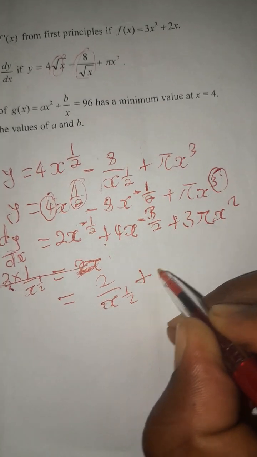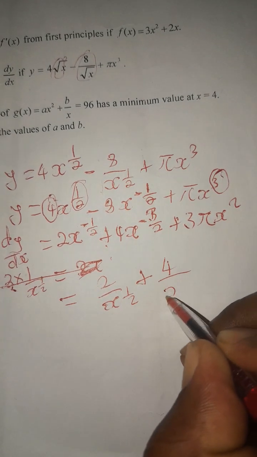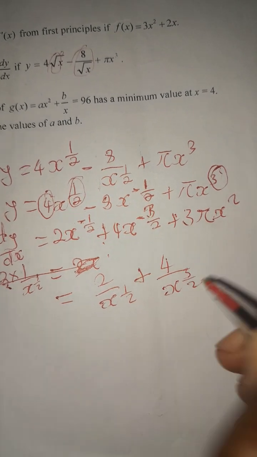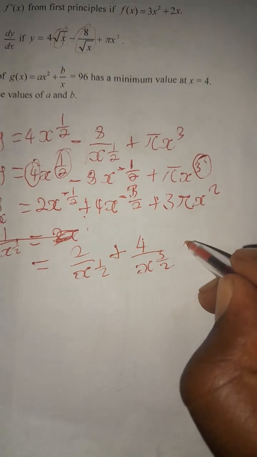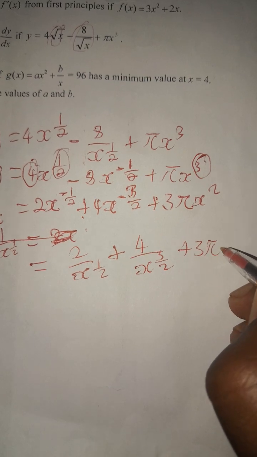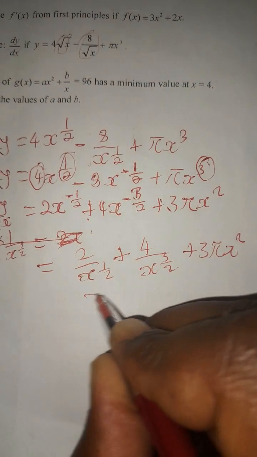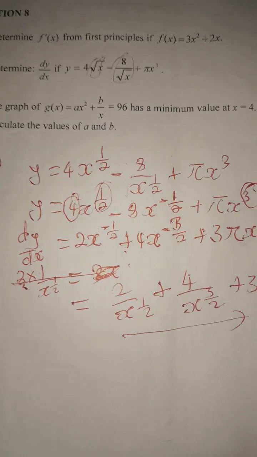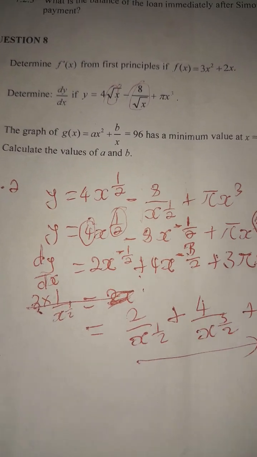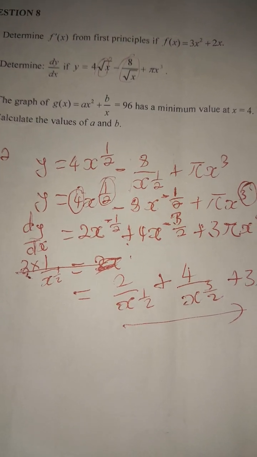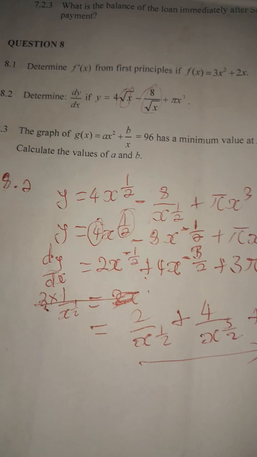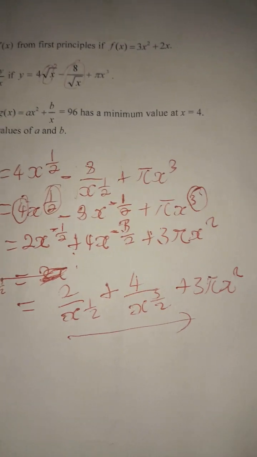Leaving it in positive exponents, this will be 4 all over x to the 3 all over 2, plus 3 pi x squared. So yeah, we could leave it like this. Remember, don't forget to leave your answer in the form of dy all over dx. So you also have to respect the notation. So let's go to